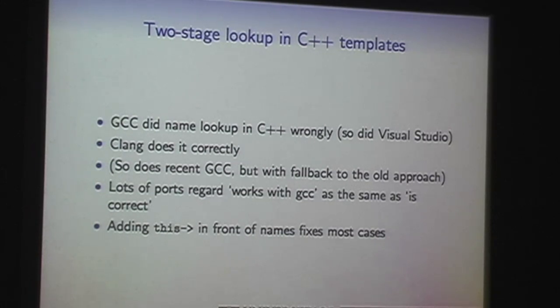Fortunately, this is a problem that doesn't affect FreeBSD because we don't need to compile Windows system headers on FreeBSD. But we do still have to deal with all the ports that think C++ is not the language that's defined by the C++ specification, it's the language that's defined by whatever G++ 4.3 accepts, or 4.4 accepts. And that's a little bit annoying. A lot of these actually are really simple to fix. You just explicitly qualify the symbol name with this and it works. Some things are a bit harder.